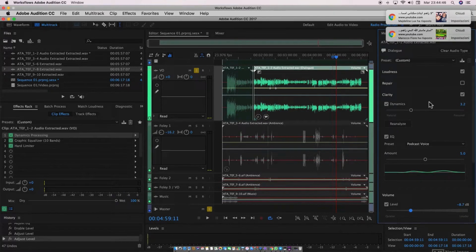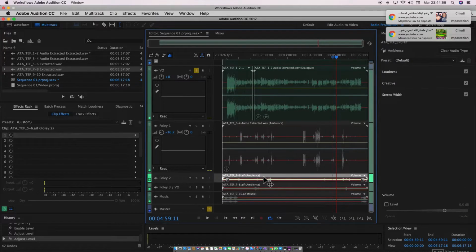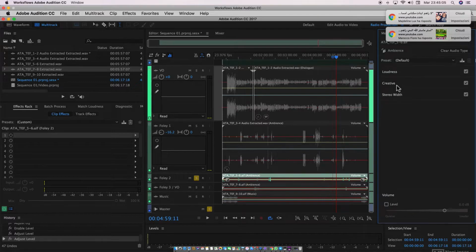The different audio types have different sets of controls. That was basically specific to dialogue because I marked it as a dialogue clip. I went down to my ambience clip here, and you see I get different things. I don't get any vocal-specific processing because it's not vocals, but I do get loudness, reverb, what kind of ambience it is,